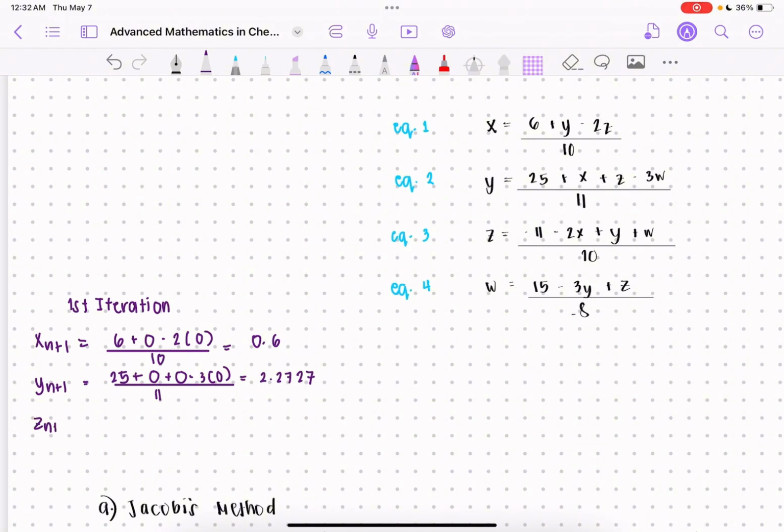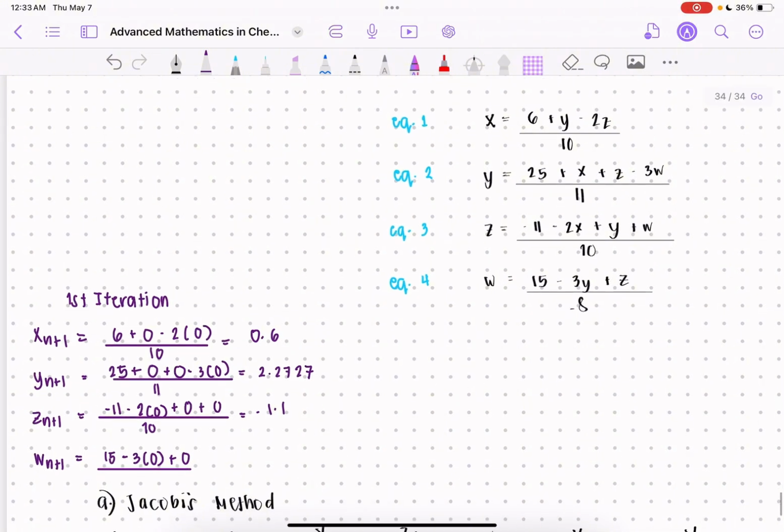For z sub n plus 1, that would be negative 11 minus 2 times 0 plus 0 plus 0, all over 10, and that would be negative 1.1. Now lastly, for our w sub n plus 1, that would be 15 minus 3 times 0 plus 0, all over 8. That would give us